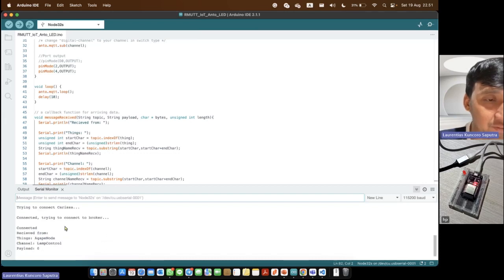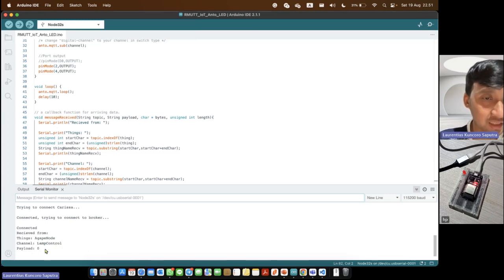After connecting, the ESP will get the latest data or the latest state from things and channel, and also the payload. We can see that the things is Agape node, the channel is lamp control, and the payload is 0.